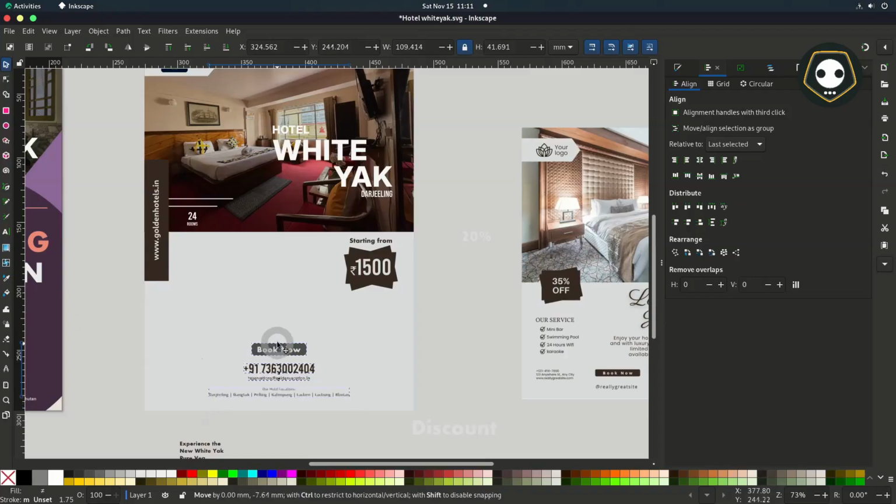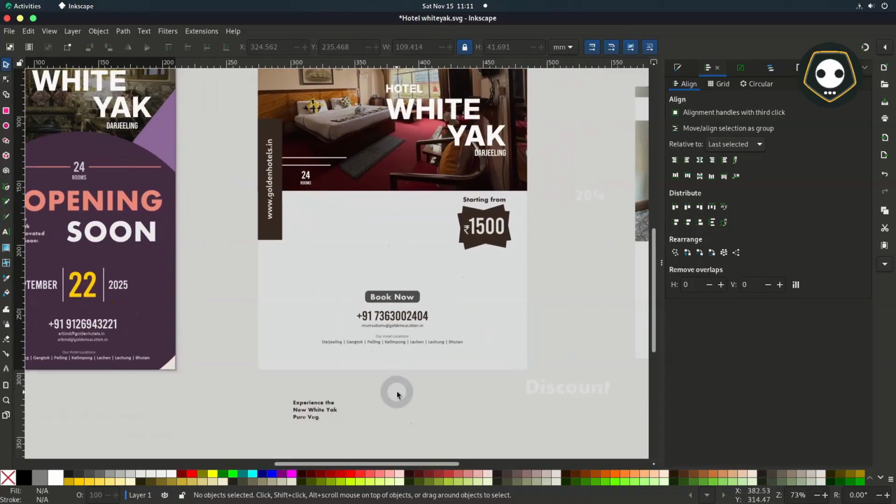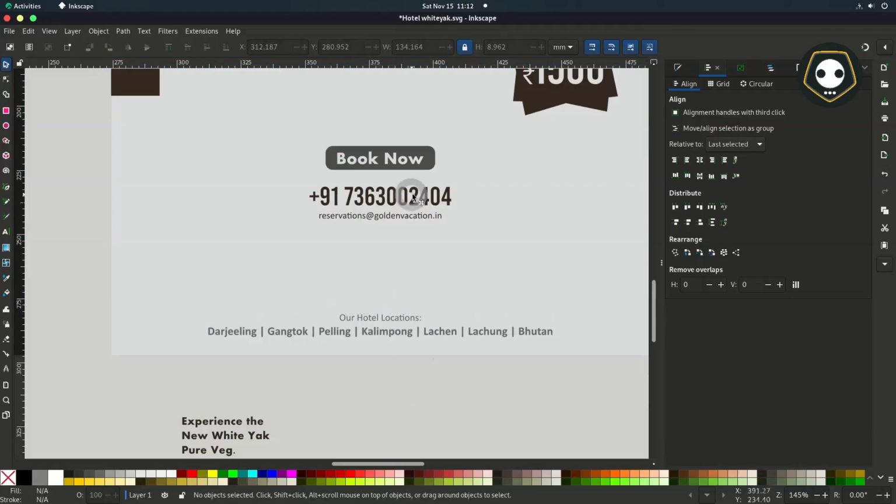Starting from here, it looks good. You can see the reference image on my right hand side says 35% off on the left, but I set this same starting from rupees 1500 on the right hand side, and change this color.